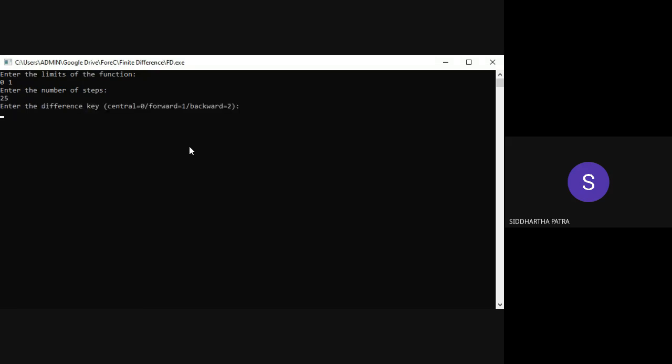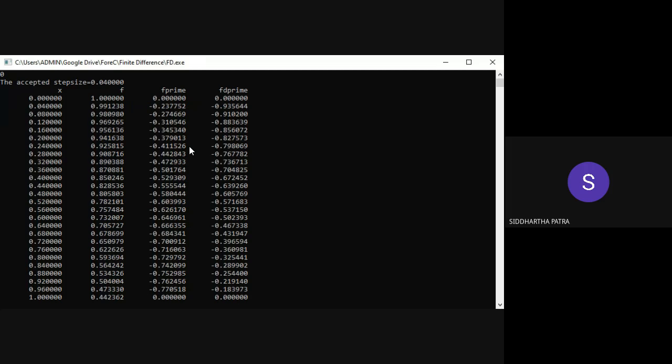And then it is asking me whether to take central difference, forward difference, or backward difference. I have only gone with the basics, so I have only provided the 2-point method for, let's say, the first derivative. But in a similar fashion, you can provide the option for whether to go for the 2-point or 3-point method. So let's say I'm interested in getting the central difference.